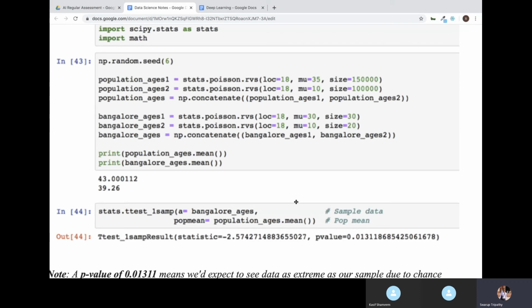The one sample t-test has a similar equation as compared to the z-test we did yesterday. You can type help of stats.ttest_1samp, and it will show you the formula, which is very much similar.